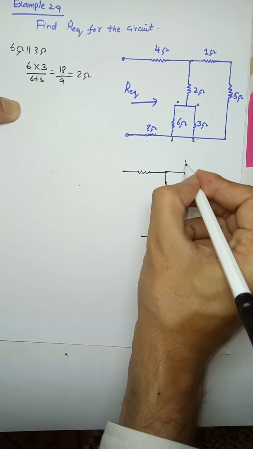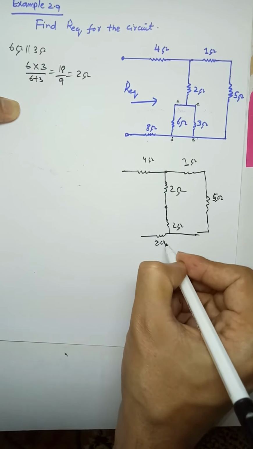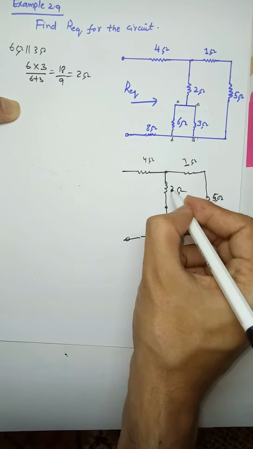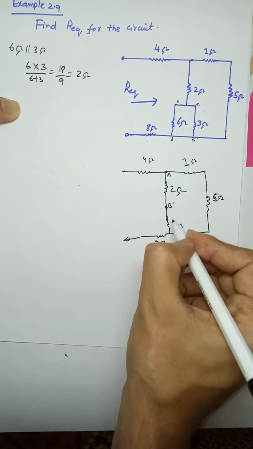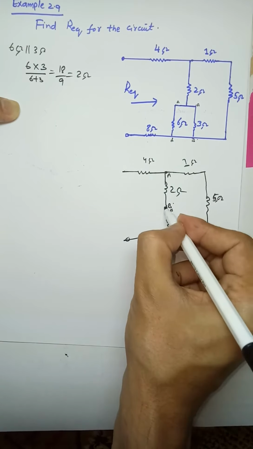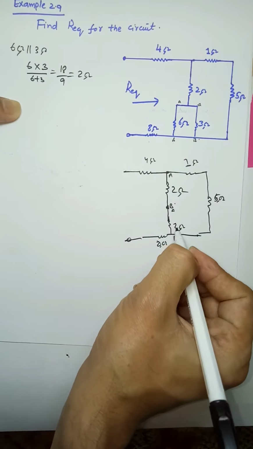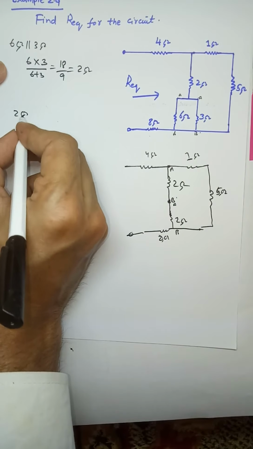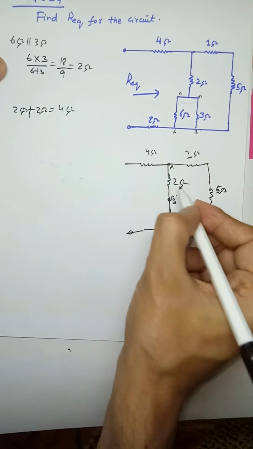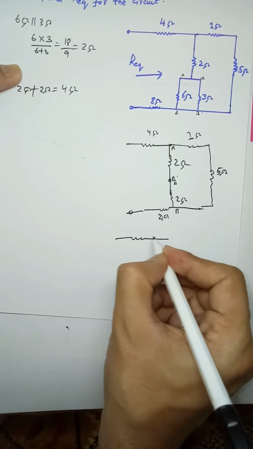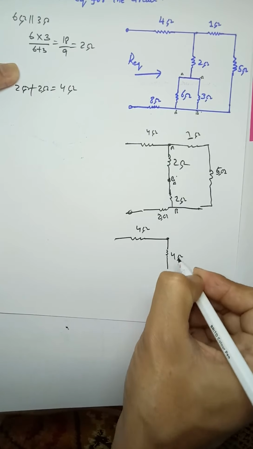5 ohm, 1 ohm, 4 ohm and 8 ohm. As we know, now 2 ohm and 2 ohms are connected in series, because only one end is connected with each other for the two resistors. So 2 ohm plus 2 ohm equal to 4 ohm. So you can simplify the circuit, and you can write here 4 ohm, and